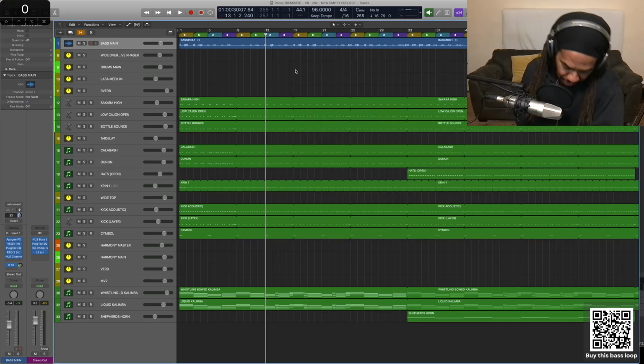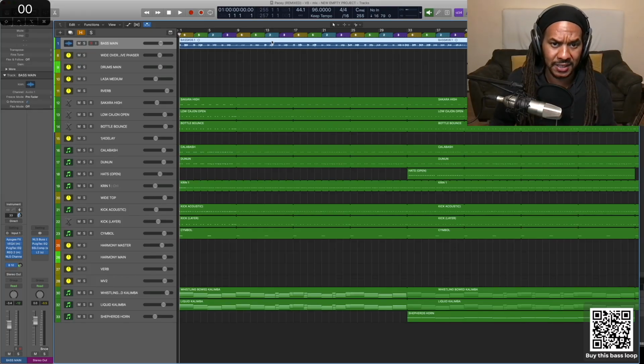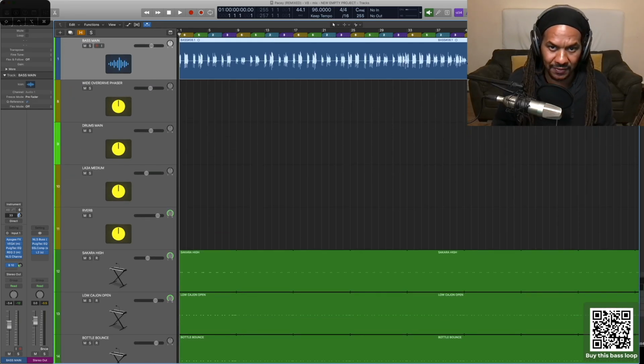The bass line that you just heard will be the edited version that you can now scan with the QR code. So what I would have done is, as I said earlier, 48 hours would have gone by and I would have gone back and edited this performance, and then I would have replaced the sound in the video with the edited version. So what you preview in this video is the product that you would buy,